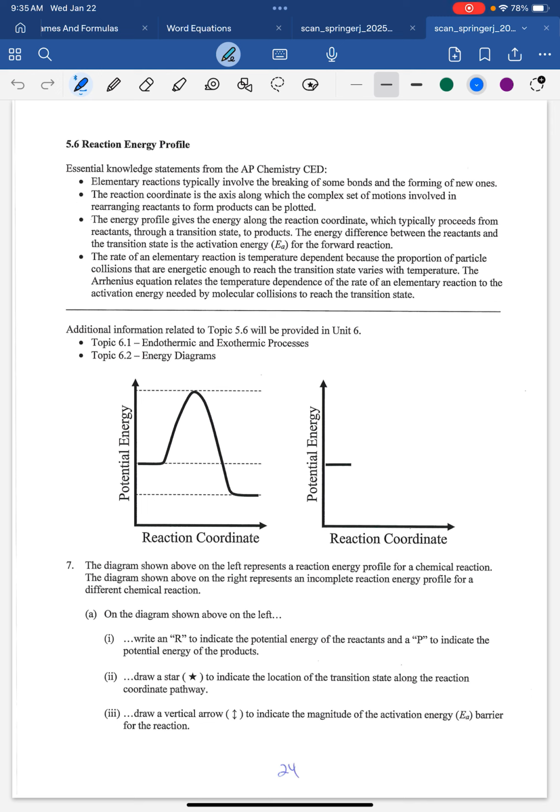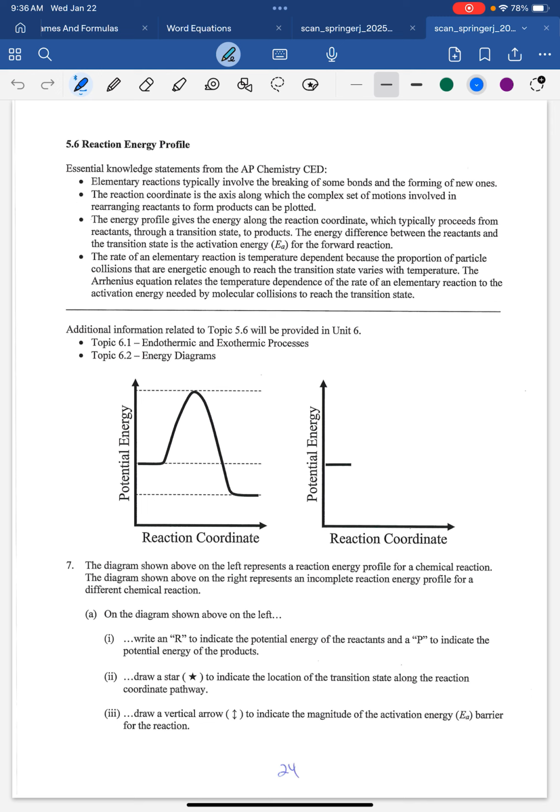We're now on page 24. There's some more bullet points on the reaction energy profile, topic 5.6, and additional information will be found in Unit 6, which we haven't done yet, but we need to get on that pretty soon. So, number 7: the diagram on the left represents the reaction energy profile